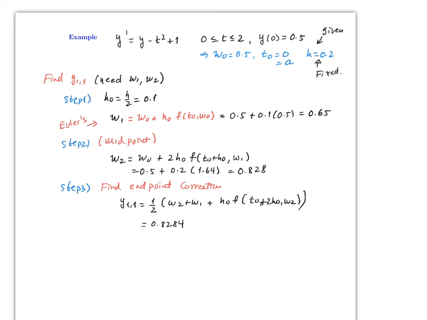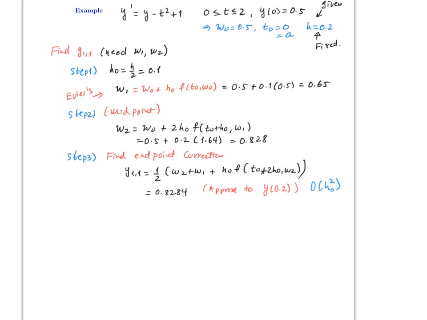And again, you should check this. Remember that this is an approximation to y of 0.2, and the approximation is O(h squared). All right, so then remember for the second approximation,